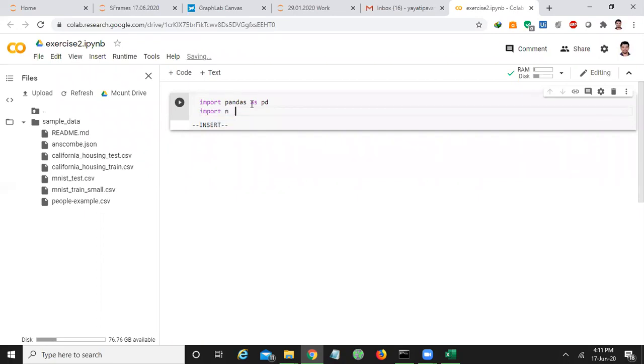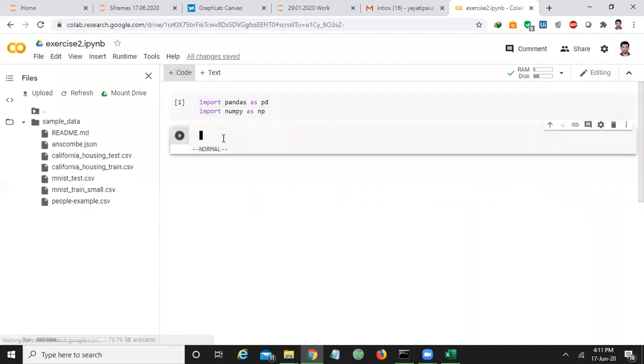Import numpy as np. Execute this cell by using that play button. If it is successfully executed, you won't get any error. And if you want to insert a new cell, click on this plus code. After clicking this plus code, you will get a new cell here. Then continue your coding.